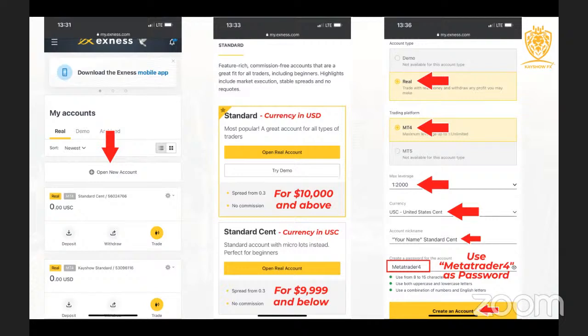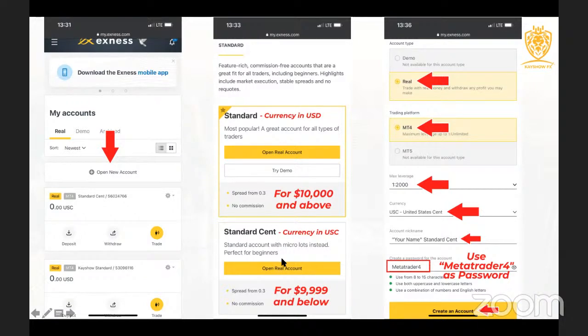So while the robot is trading on your account, it will think that it is trading $100,000. Meanwhile, you and I know that what it is trading is $1,000. So that is the workaround that we've been able to get for those who don't have up to $10,000. All right. And the minimum you can start with using Kayshow FX Bot is $100. So if I put in $100 here, it will display that $100 as 10,000 cents. And that's why I said that the minimum you can start with is $100, because it's only $100 that will give it 10,000 cents.